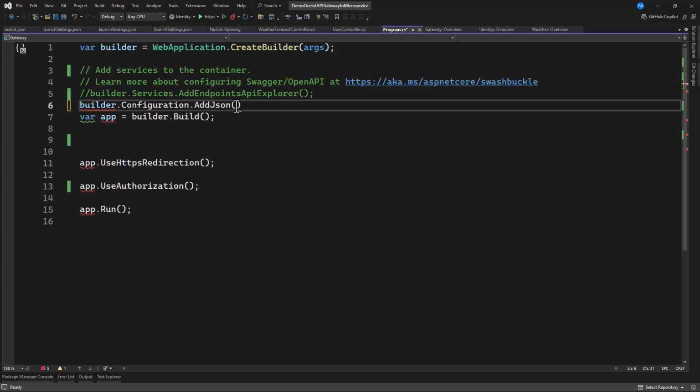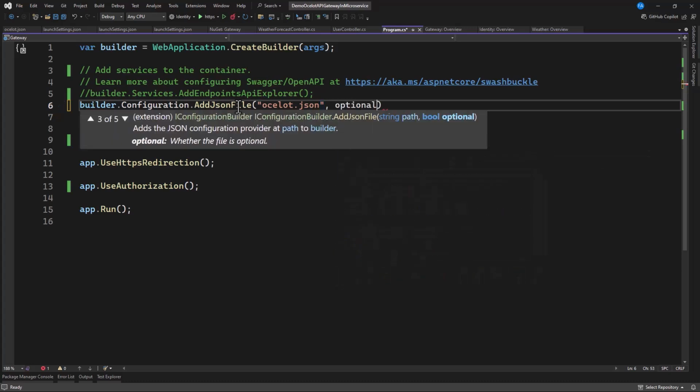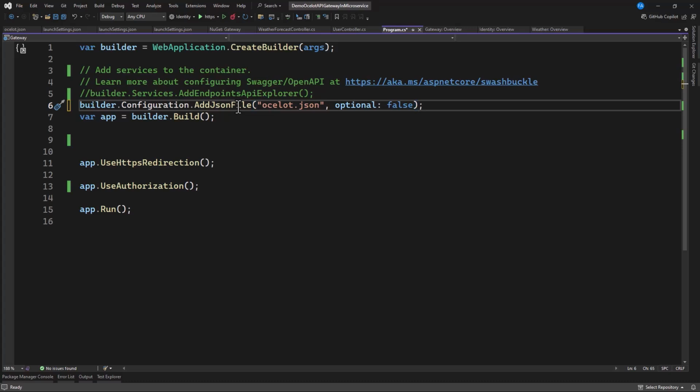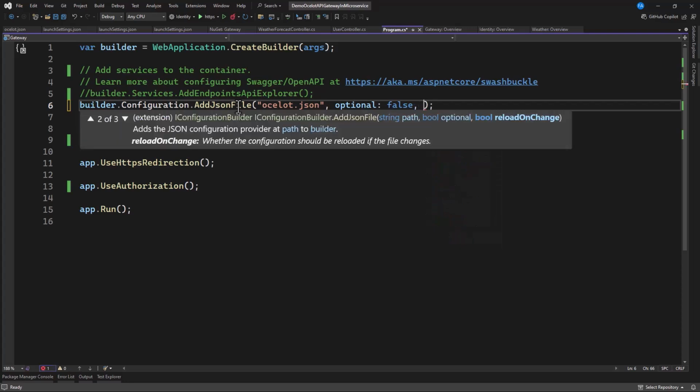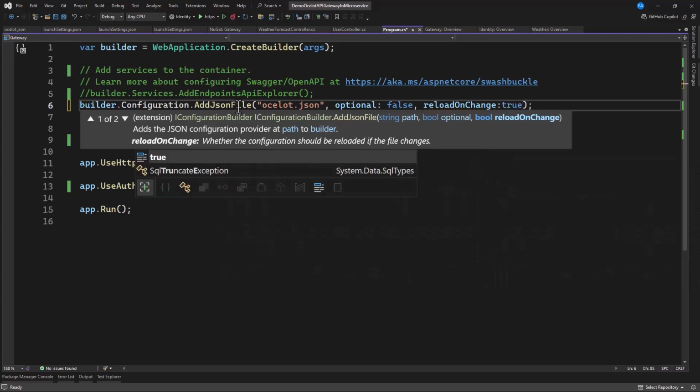In here, we need to specify what we copied, that is the file itself. And in here, let's set optional to false. And for reloadOnChange, let's set it true. So as we update it, it needs to reload. So we need to have a comma, then reloadOnChange, and set this to true.